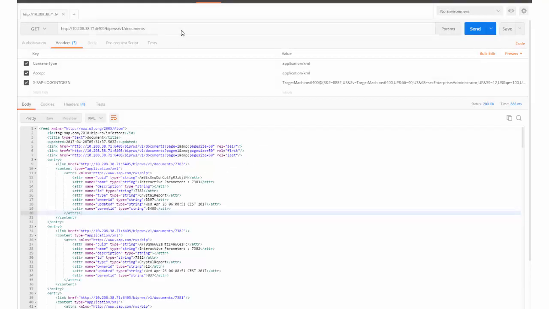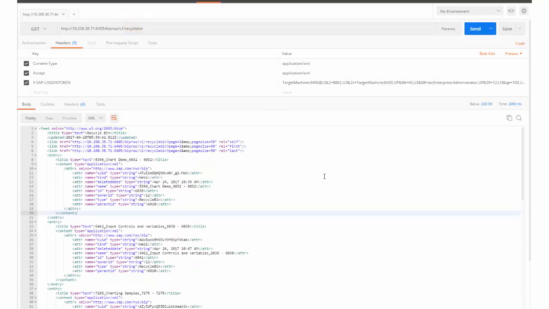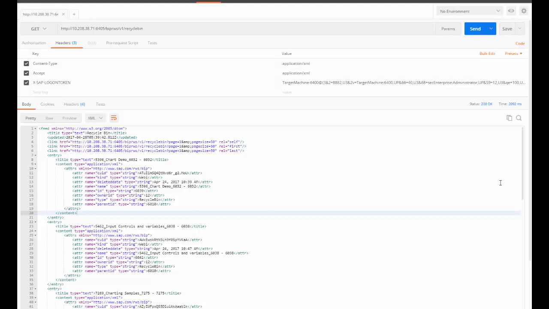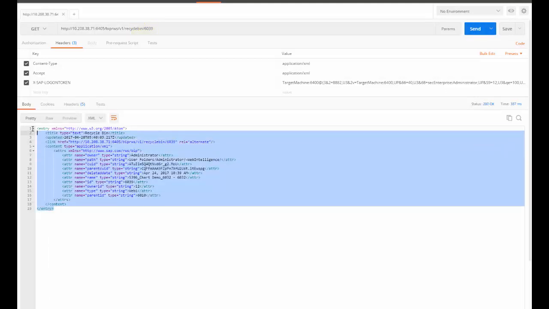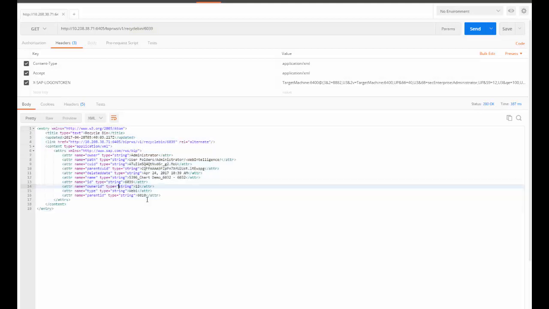Let us see how you can list all the recycle bin items. With the get method selected, append recycle bin to the core URL and choose send. The server provides you with the list of all your recycle bin items. Choose the ID of any one item. For example, we'll take this. And to view the properties of this particular item, you can pass this in the URL along with the get method and choose send. The detailed properties of the item are returned from the server.